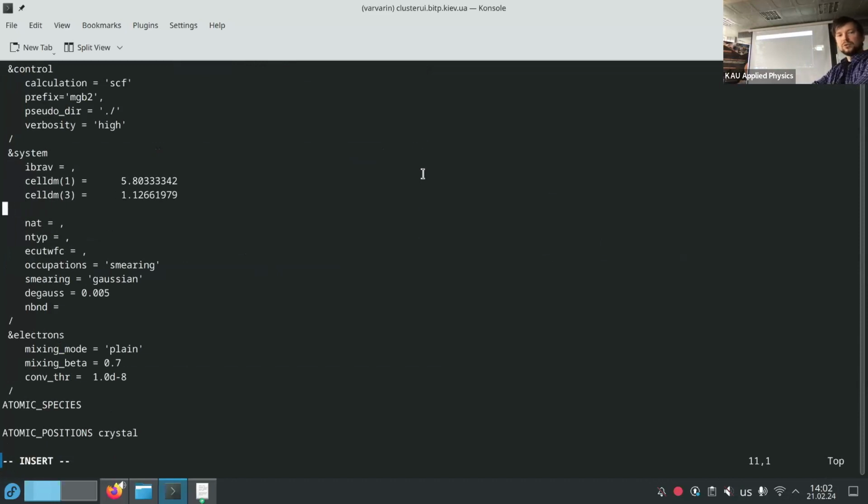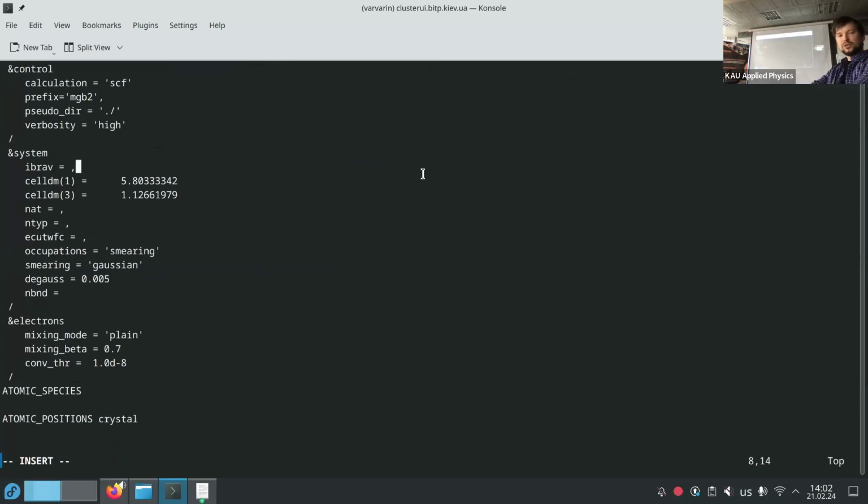Maybe you can copy a lot from the previous one. Here you see the number of bands. It's not very important for SCF, but it will be needed for our calculations.